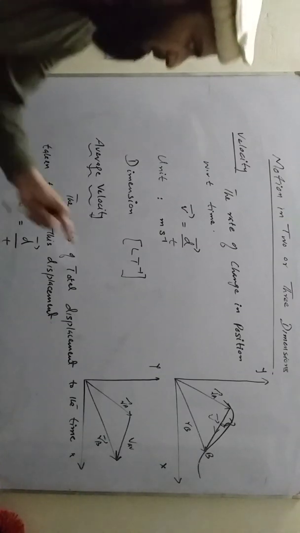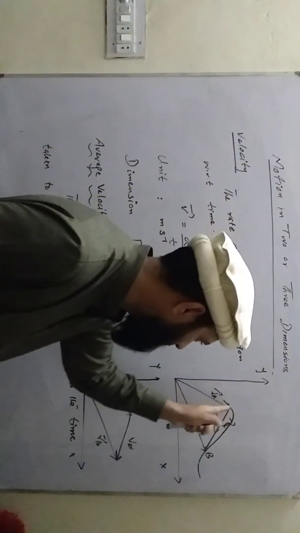The average velocity does not give information about the path, whether it is a curved path or a straight path. So we will move toward the instantaneous velocity, which is defined as